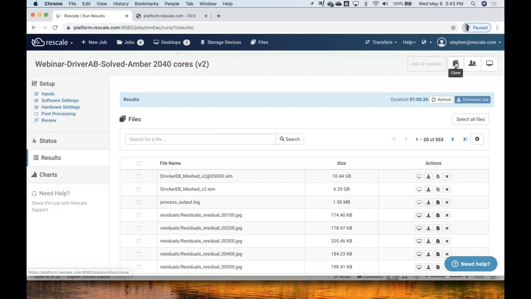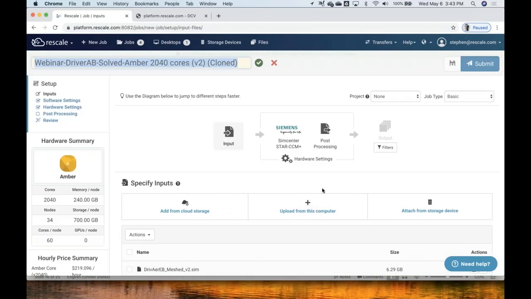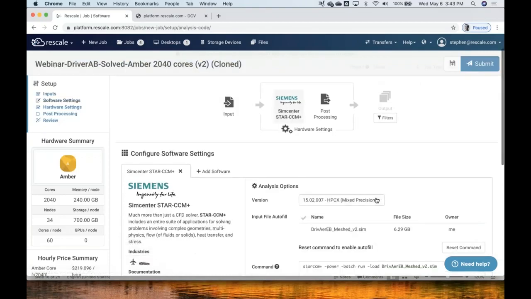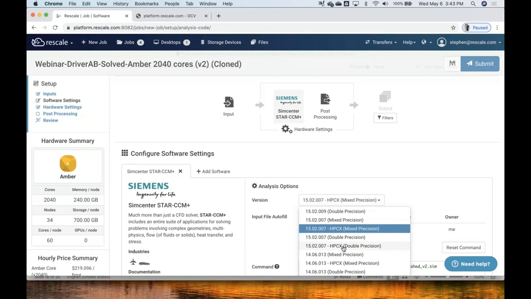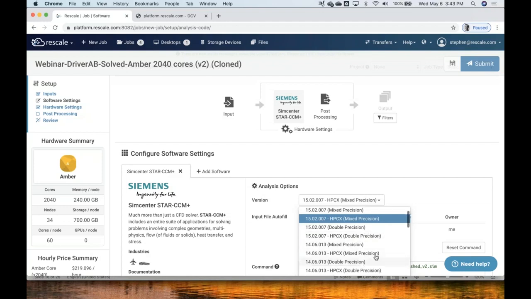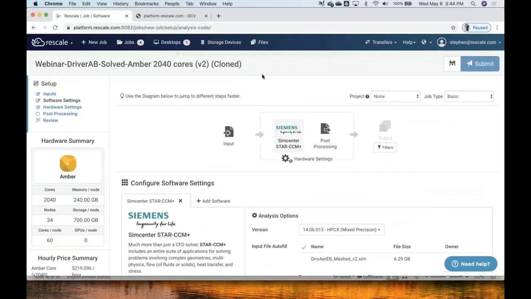Now, another really, really handy feature here is cloning. So let's say I ran this job, and this job I'm going to clone, and say I made a mistake somewhere. Maybe I'm using patch 1, I need patch 2, or maybe 1406. It's not going to run, it's the wrong version, but let's just illustrate that point. I can change my software version there. Everything else stays the same with clone, right? So I can do something like